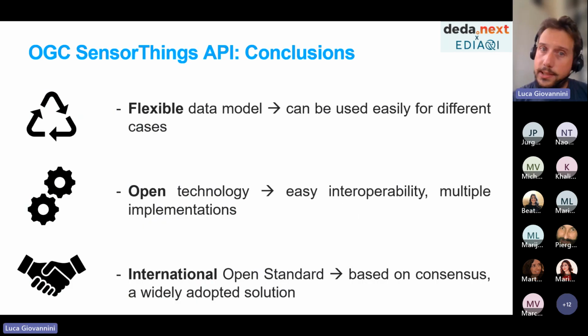And so I'm coming to my conclusions. The advantage of this standard is that the data model is flexible. I've tried to provide you examples of that flexibility, the extra parameter properties, so it can be adapted to different cases. The technology is open, so that eases interoperability, and there are multiple implementations of the same standard, so you can choose the one you like most, or you can even implement yours.